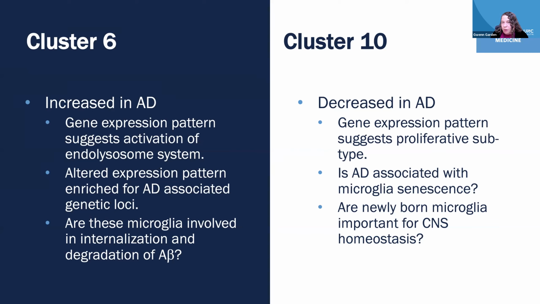In cluster 10, what we see is fewer microglia showing that proliferative type of behavior, or proliferative transcriptional program. And that's probably not totally surprising also, because several studies have shown that markers of senescence increase in microglia in the setting of aging and AD. Now, we saw this loss of cluster 10 microglia even relative to an age-matched cohort. So we don't think it's an age effect alone. Clearly, AD is also having something to do with this decrease in the number of cluster 10 microglia.